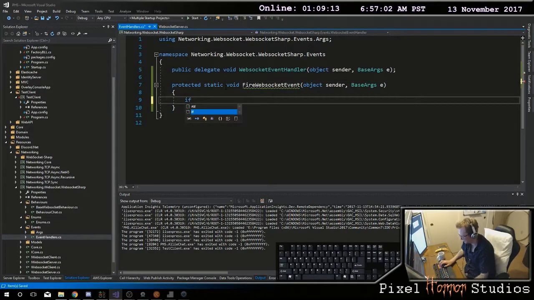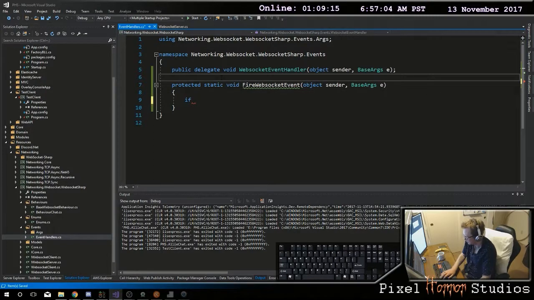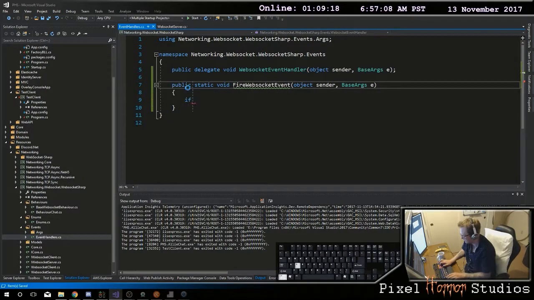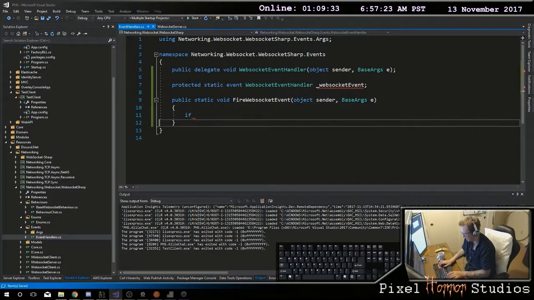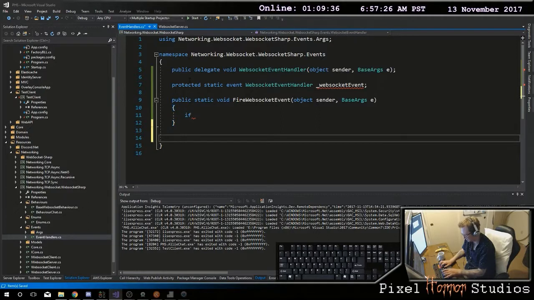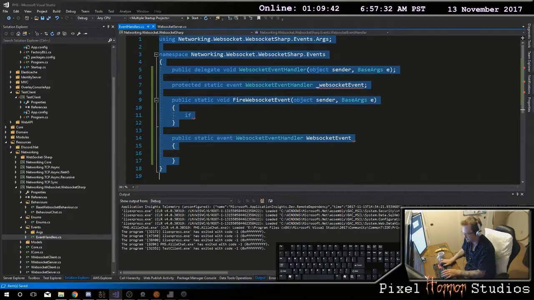So now you're going to say if my, and you need to have, this is a public static void. You need to have in here a protected static event called a WebSocket event handler, and we're going to call that WebSocket event. You need to have a public static event called WebSocket event handler, WebSocket event, and then you want to do so their step 3 doesn't work anymore